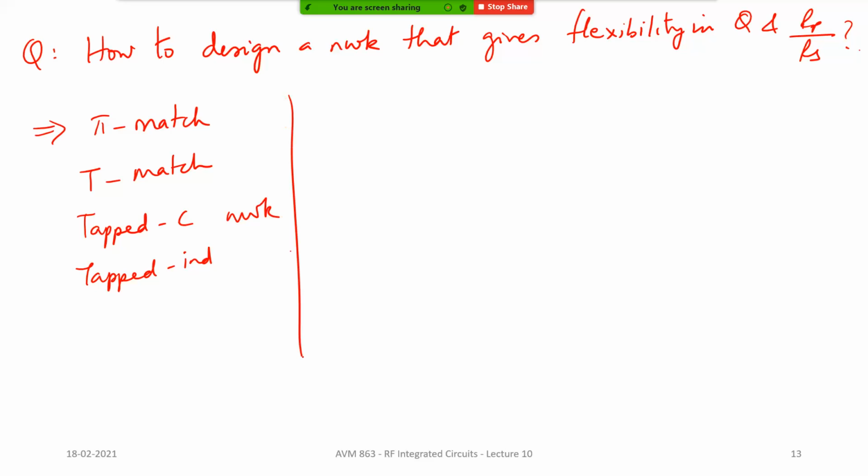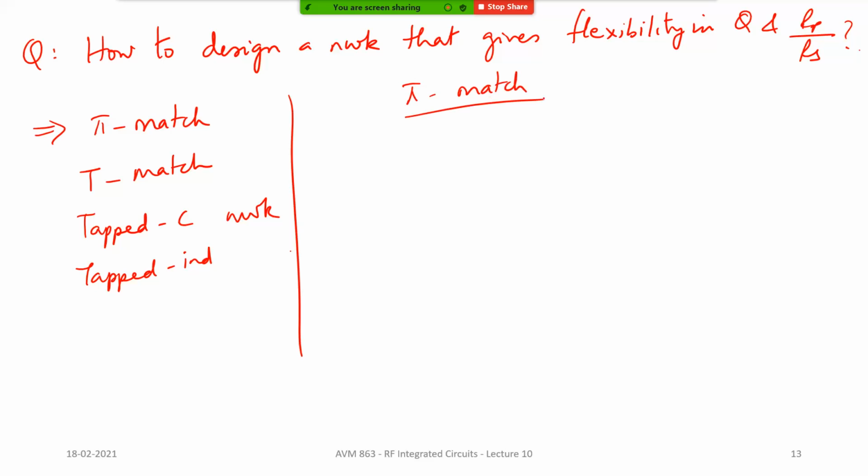Okay, so in today's class, we are already coming close to the end of the class. Probably I'll just introduce the pi match network, and the T match network is basically just a dual of it. Maybe in the next class I'll touch upon that and we'll move to LNA. Now for a pi match network,